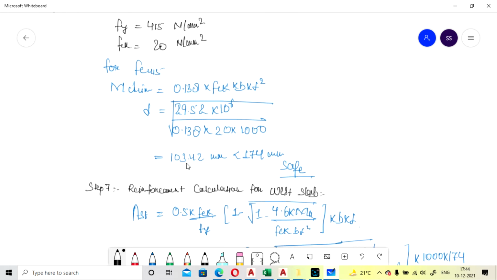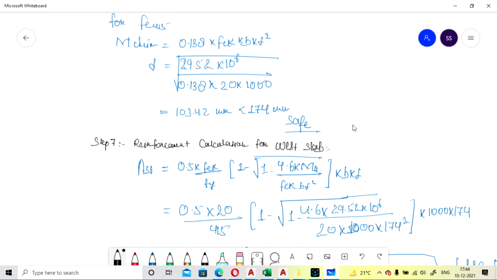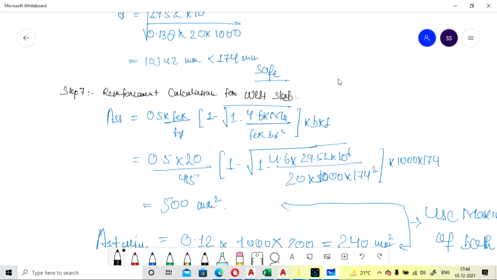So this is less than our effective depth that we have provided, that is 174. So this will be safe for the design. So it is 103. If you want to check for 150 also, you can go for that value also.